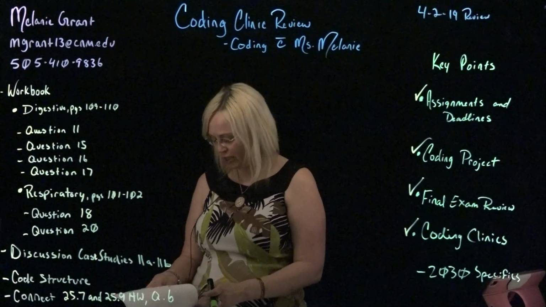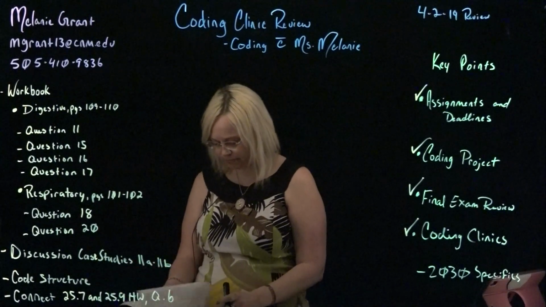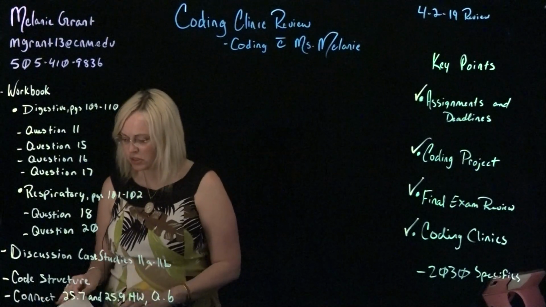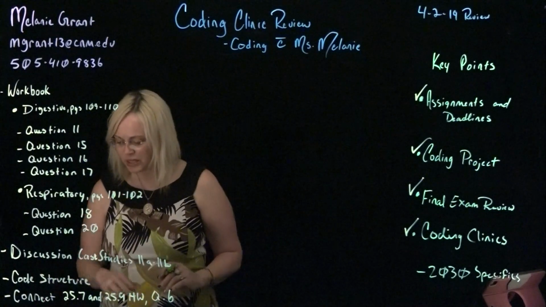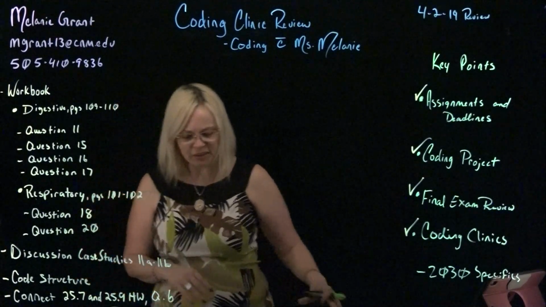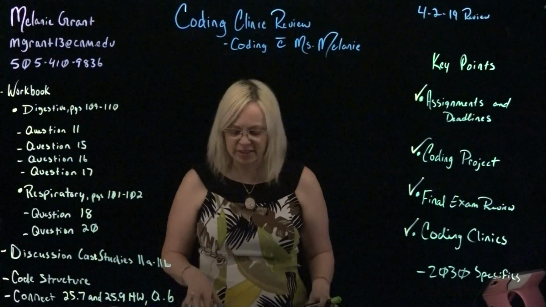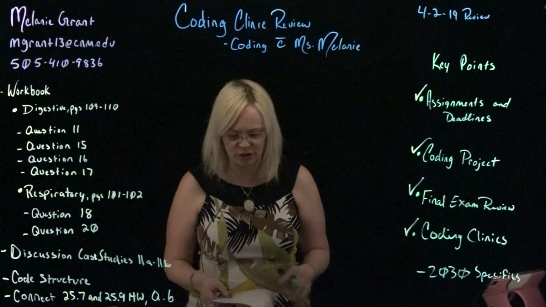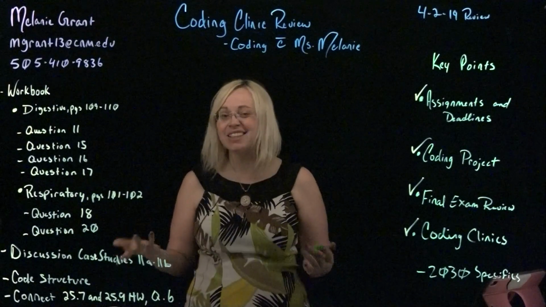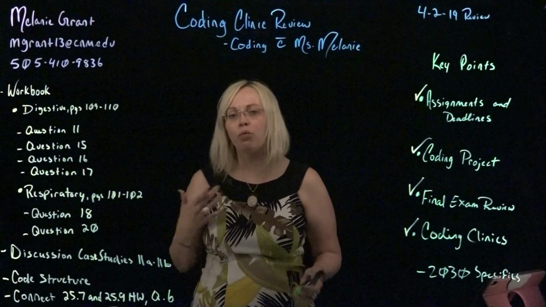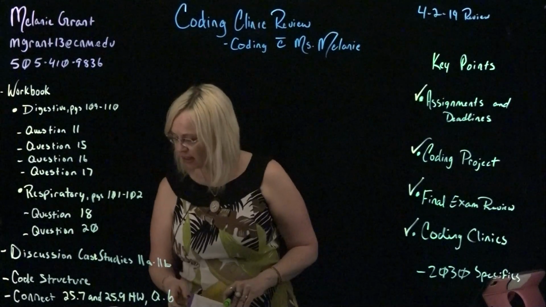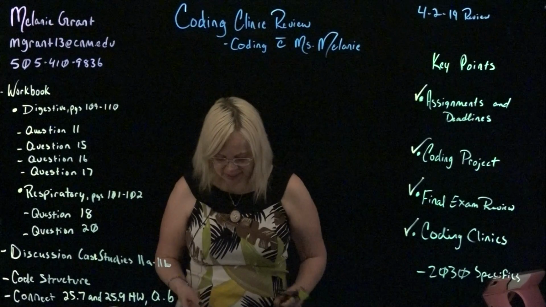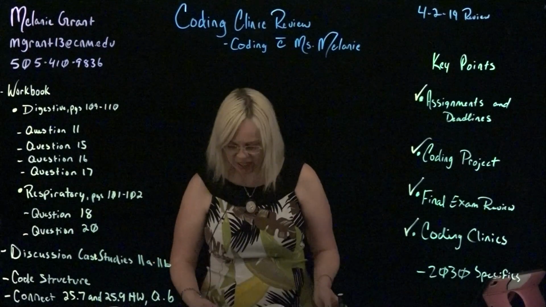I'm going to turn to page 110 to pull up this question. Okay, so question 11 for digestive system on page 110 is a phrenotomy. The issue with this is that there's actually two different types, and therefore this could have been two different answers. In the information that's given, it's not very specific, and so if you gave one or the other, it will be accepted. Looking at phrenotomy, I can find that in the back of my CPT code book on page 898